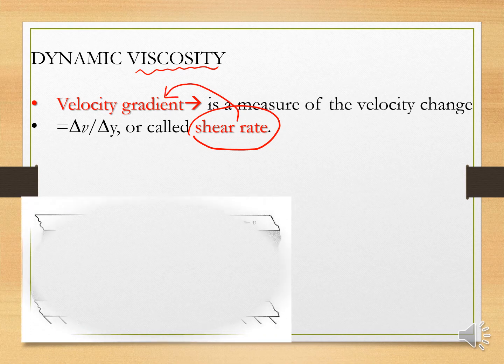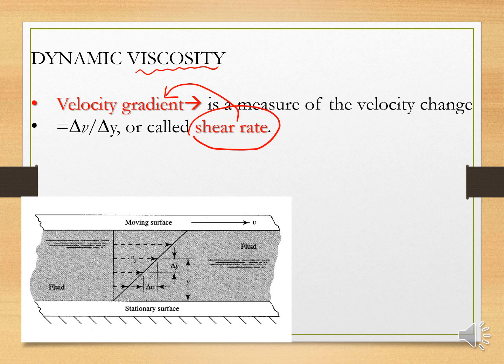Imagine a liquid flowing between two plates, where this surface is stationary and this surface is moving in this direction. Of course there will be a drag force here, from which we can determine the shear rate